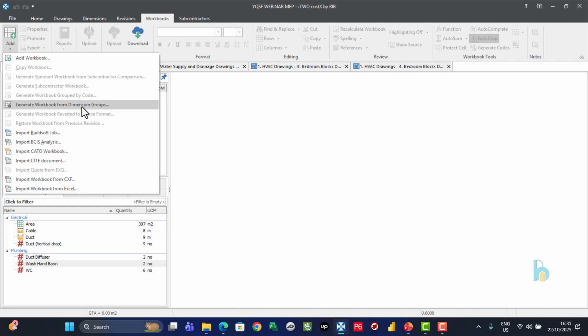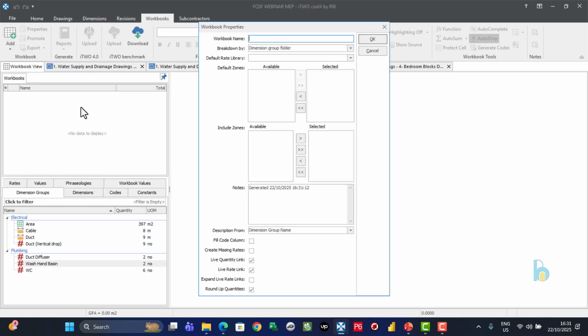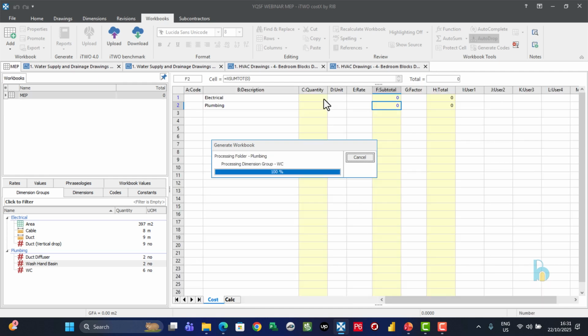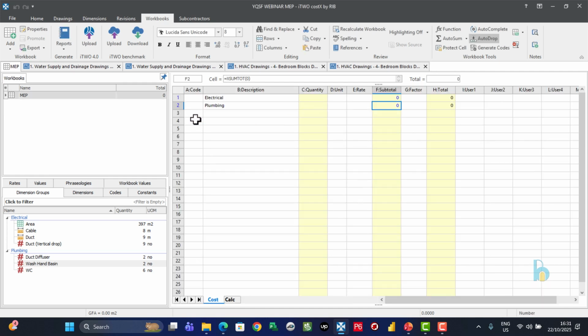So you can see here we have two folders, the electrical and the mechanical. This is the first layer of the workbook. And in here, our quantity is 0, whereby we have all our quantities listed here. So why are they 0? CostX usually categorizes whatever you have as your folder name to be your summary. So this is the summary for electrical. This is the summary for plumbing. So here, when I click on this subtotal,